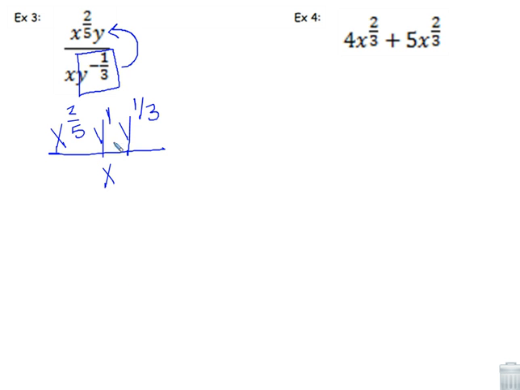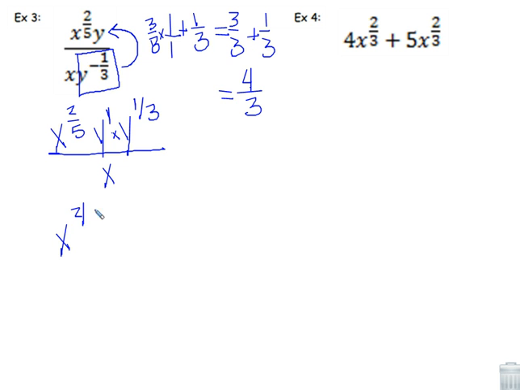Now let's try to simplify some stuff. I notice I have a y to the first times a y to the 1/3. So since my bases are the same and I'm multiplying, I can add the powers. So let's take 1 plus 1/3. In order to add fractions, the denominators have to be the same. So I'll put my 1 over 1, and I got to multiply the first fraction by 3. So I have 3 over 3 plus 1 over 3, which gives me an overall fraction of 4 over 3. Okay, so my simplified version getting there, the y's can combine together to a y to the 4/3,